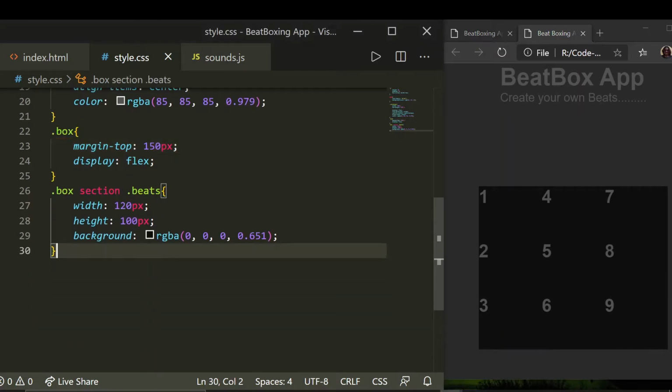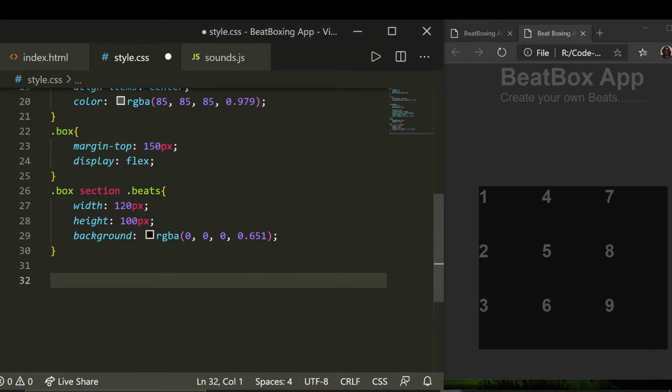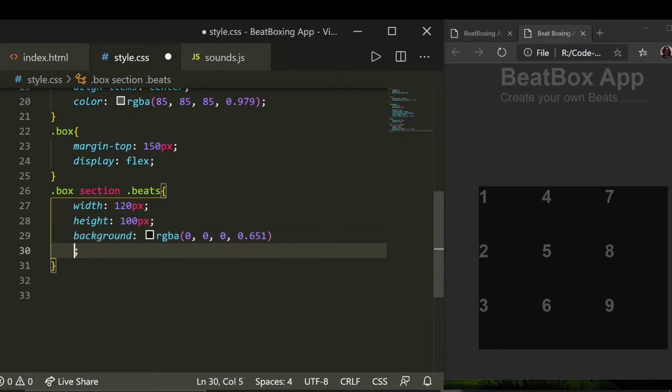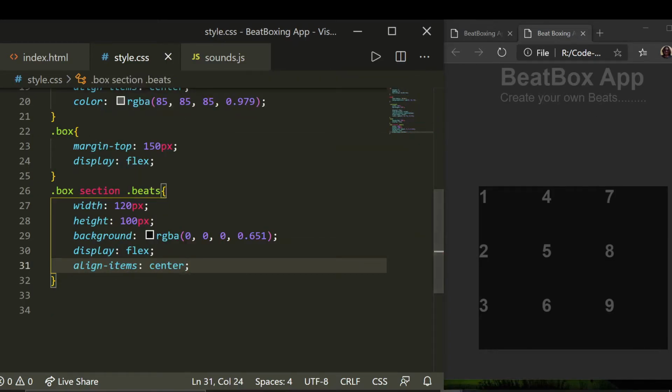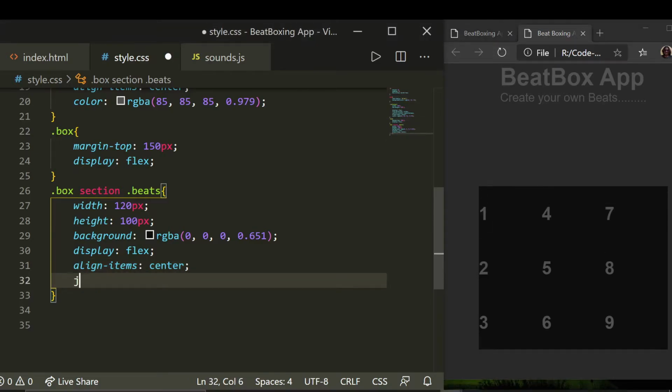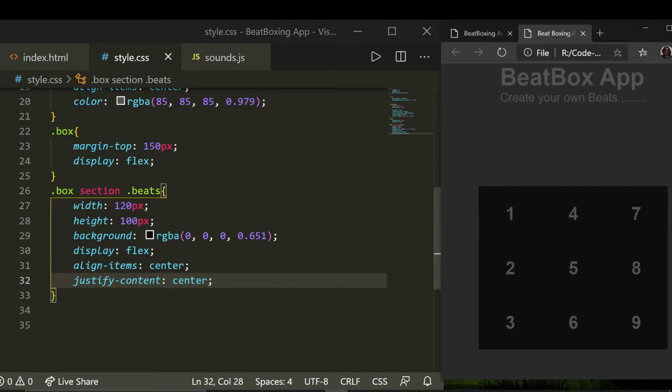Yep. And we want our body, or we can give it here also. We can give here, sorry, yeah, display of flex, so that we can have our items aligned, and align items of center, and justify content center. So we are done with the centerings,